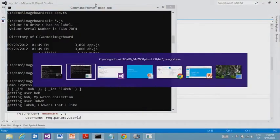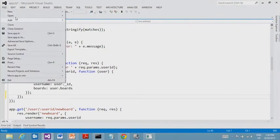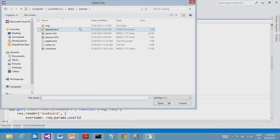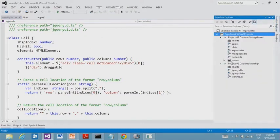Okay, another app I wanted to show is an app called Warship. Here we go. This is an app that uses jQuery, and it also uses jQuery UI. If you look at the static typings here, you see that we just reference the declaration files for jQuery and jQuery UI. If we go to our Solution Explorer, one thing that I haven't even gotten around to mentioning yet,